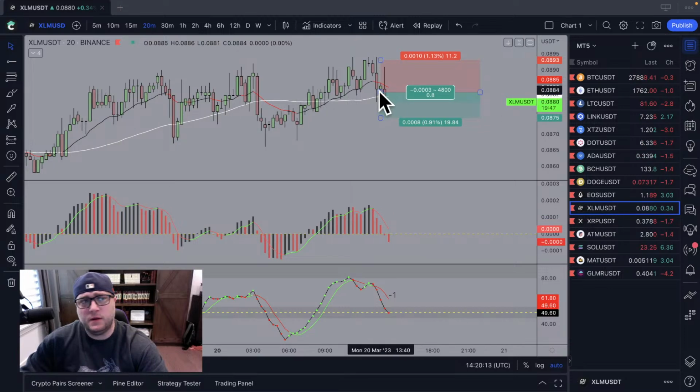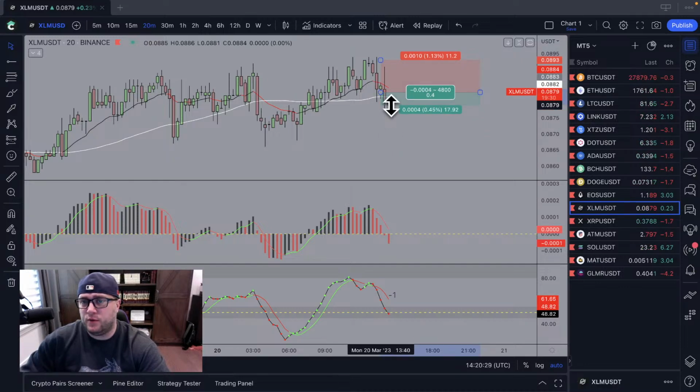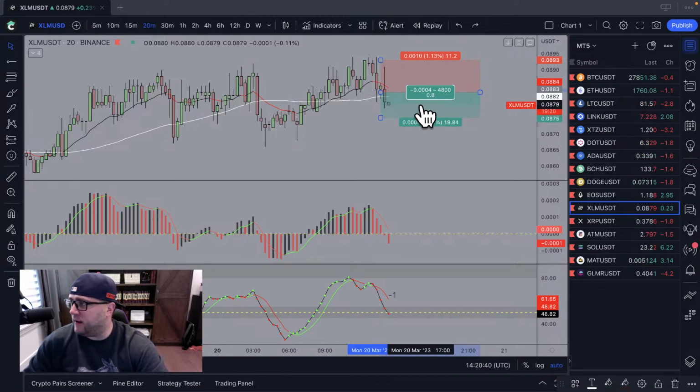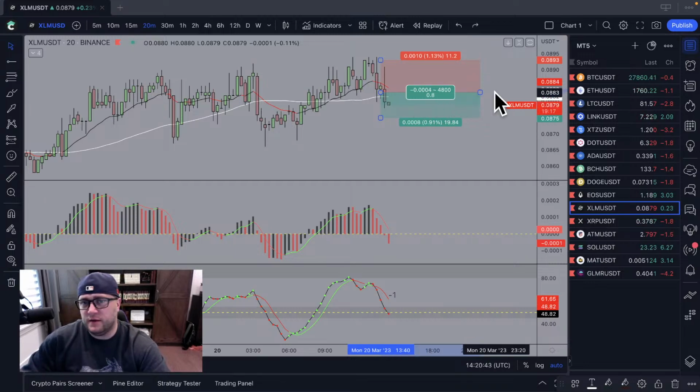Look at our XLM trade. If you would have taken it, you'd be in profit right now. You would have gotten stressed out a little bit. But again, momentum is down. Momentum is key to trading on there. So if you did take that position, you're in profit there also. You're in profit 0.45 as of right now, and we just wait it out. If you wanted to close out at 0.45 at 5x, that's a little less than 2%. Close it out